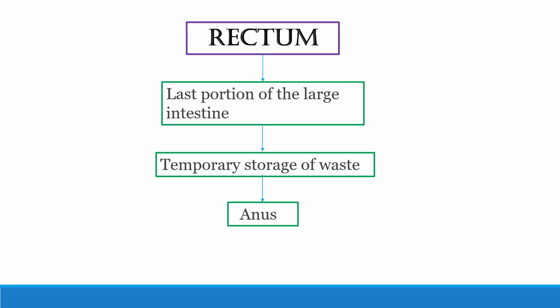ठीक है, so then it is going to reach the anus. ठीक है, that consists of certain sphincter muscles around it that whenever there is going to be the movement of the waste material from the rectum into the anus, what is going to happen? The sphincter muscles, they are going to get active. ठीक है, there are outer and inner striped muscles present within the anus that allow the waste to move out